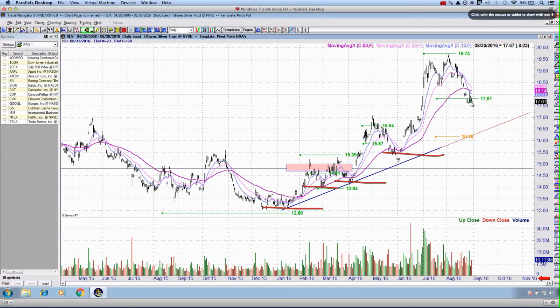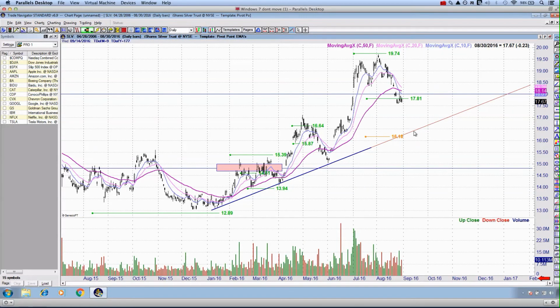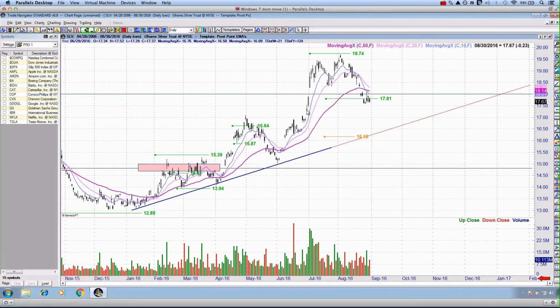There is potentially an opportunity for silver, which is trading at $17.67 an ounce on the ETF, to move all the way back down to about $16.50. That is the projection based, obviously, on where we're currently trading. If in fact we move sideways and then we start to see the sell-off or the break of that support, well, obviously that target level is going to move up, and it's going to move up with our extension of what appears to be a bullish trend, a primary trend, a trend reversal, which is in effect at the moment. Now, that's largely debatable, but given the technical picture, the short-term picture since 2016, we have been putting in higher highs also.